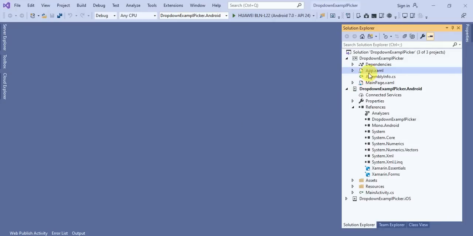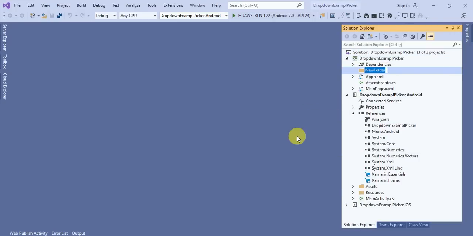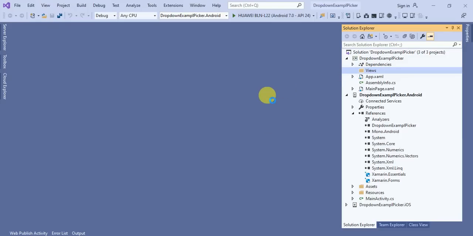Okay, so let's create a folder. This folder will be Views, and in this folder I will add a content page.